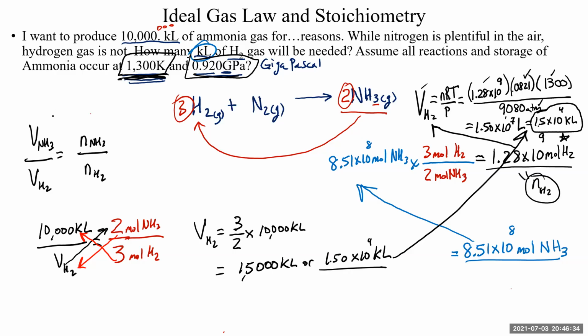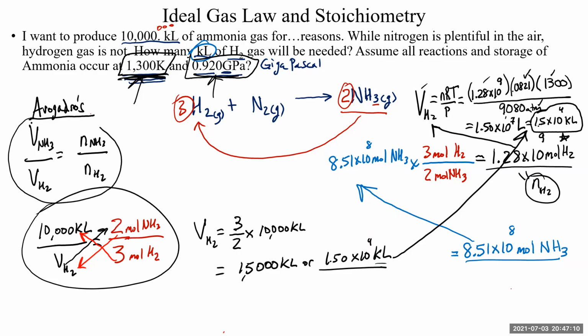This is called Avogadro's law. You've heard of him. He's the guy that died before the number that was named after him was discovered. But he did do worthwhile work leading to that discovery, or leading to that relationship. He worked with gases, obviously. That's why he has a gas law named after him. So we get the same exact answer. 1.5 times 10,000 is 15,000, which is 1.5 times 10 to the 4th kiloliters. And notice, by the way, I didn't have to do any kind of converting. In fact, I didn't even have to deal with 1,300. As long as both gases are under the same conditions, they're perfectly relatable. Their mole ratios and their volume ratios are exactly the same.